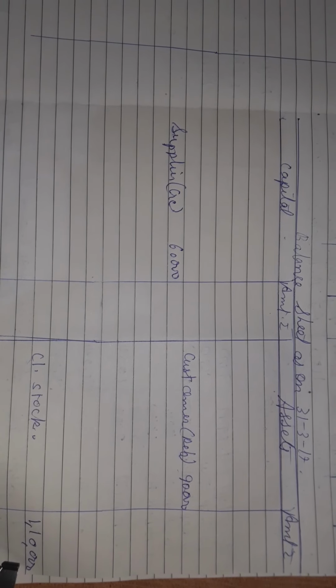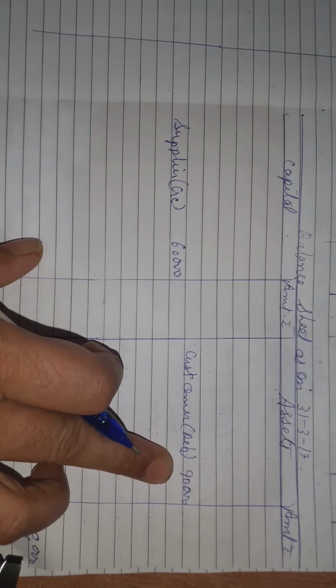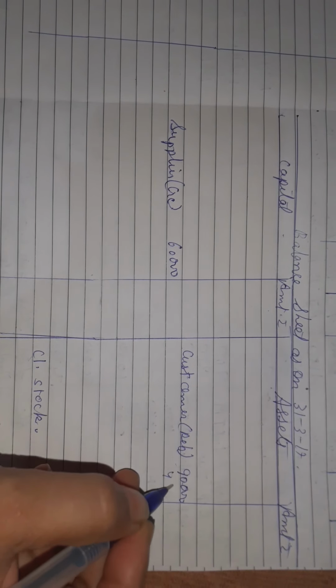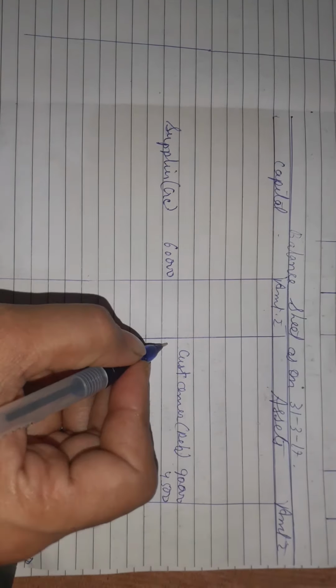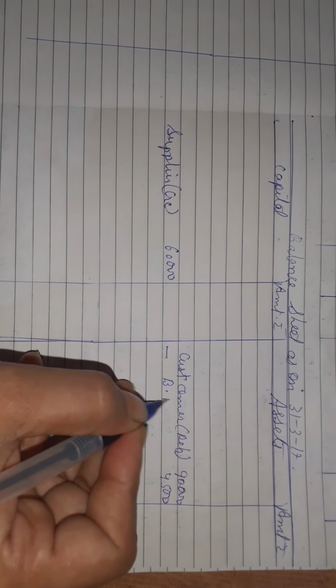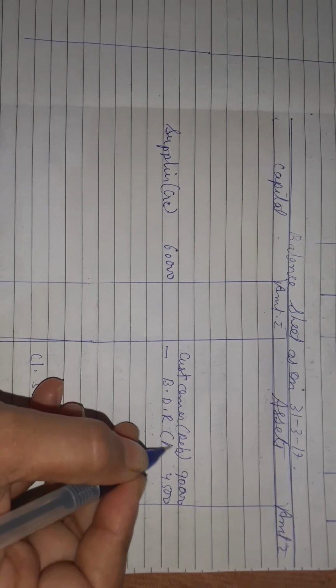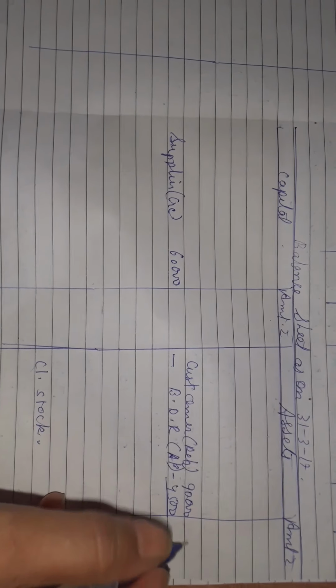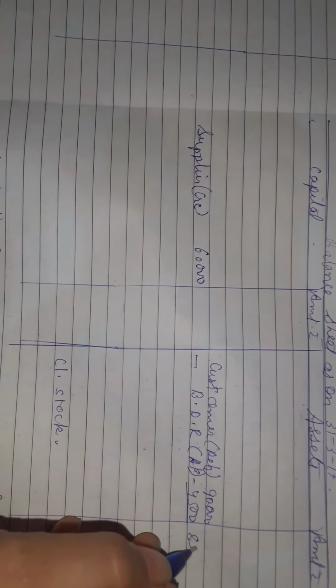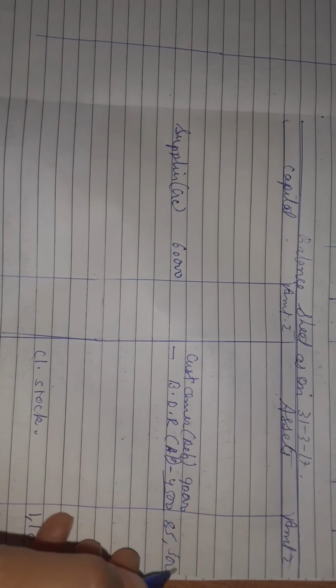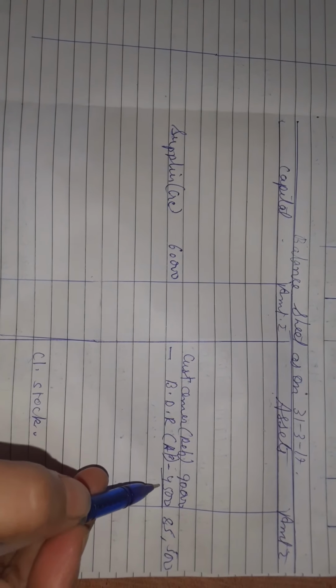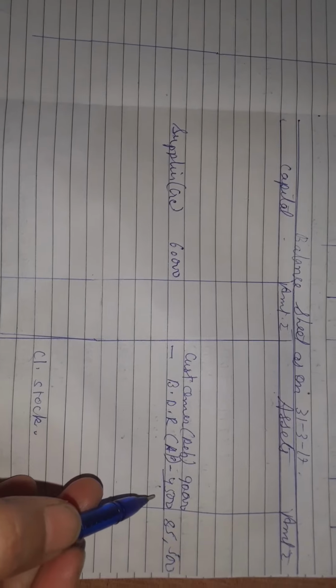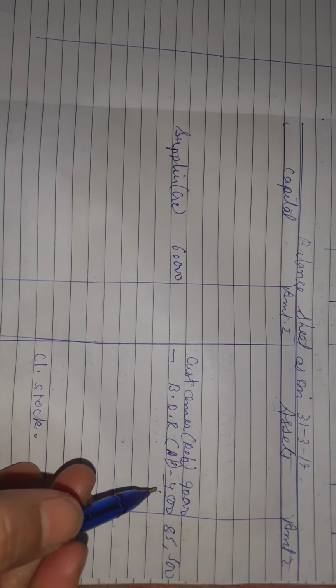So 5% of 90,000 is 4,500. That is you are going to deduct from your BDR of adjustment. Clear? You are going to deduct and you are going to write in the outer column. Now you have to give this second effect in the profit and loss account, student. P&L, clear? So you are going to move towards the P&L account now.